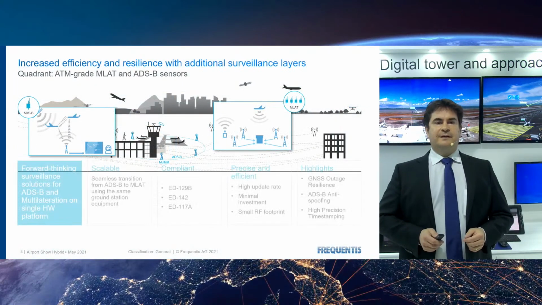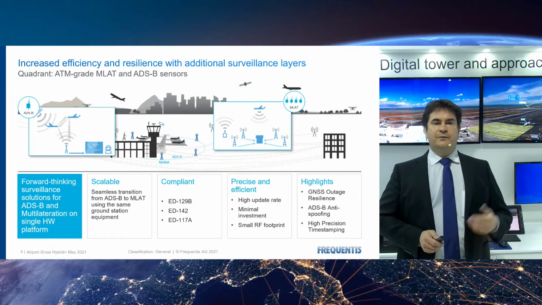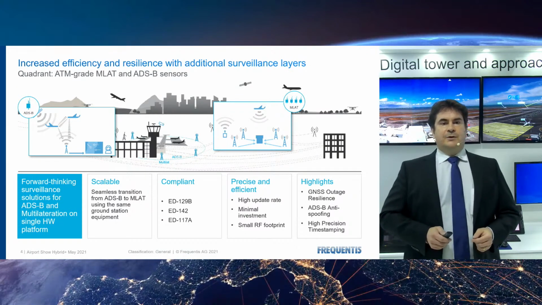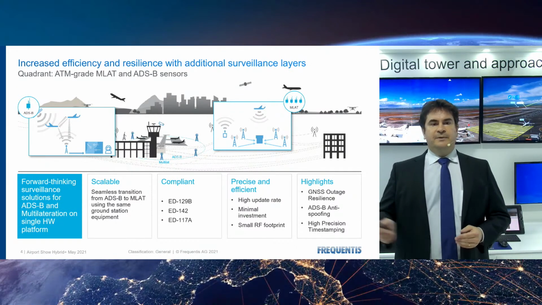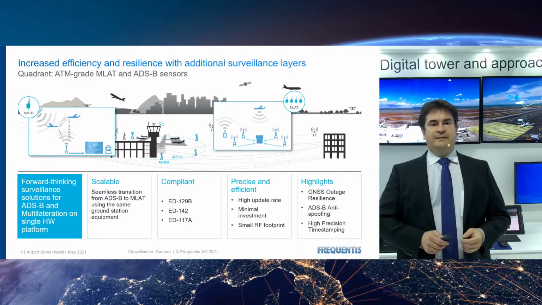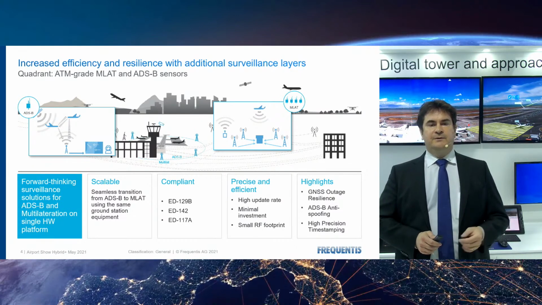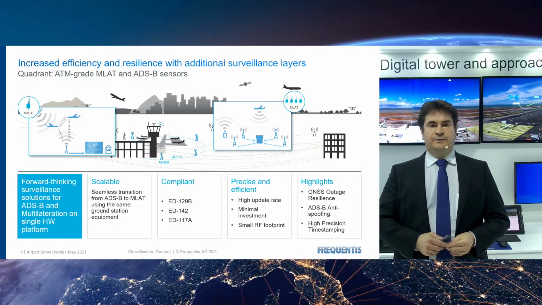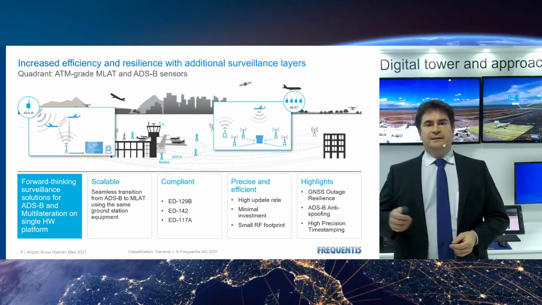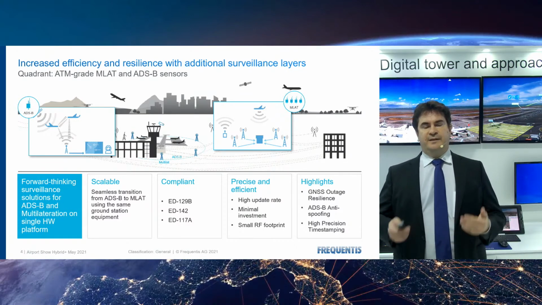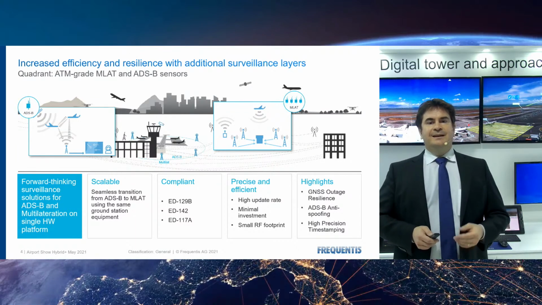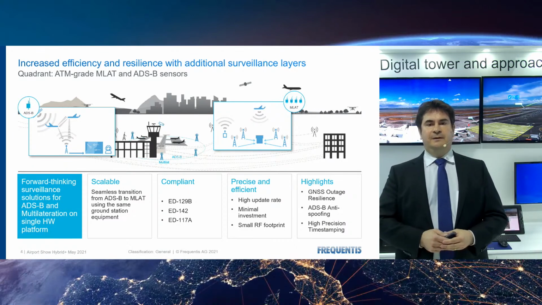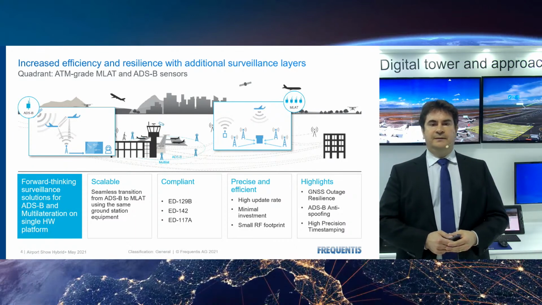Our MLAT and ADS-B sensors could be used, for example, in a tower to extend the visual line of sight. So the tower could place, for example, a PRISMA display to the tower controller and see far away in the area of his interest. Then we can extend the system if, for example, an SMAC system is needed and extend the one sensor to a set of sensors, make a local area multilateration system or a WAM system.